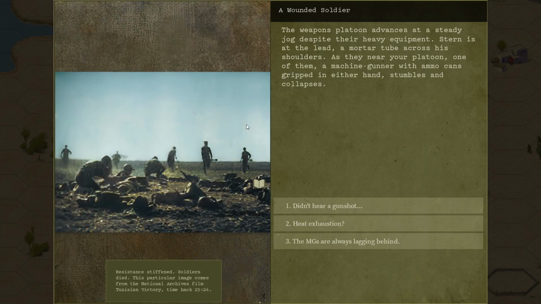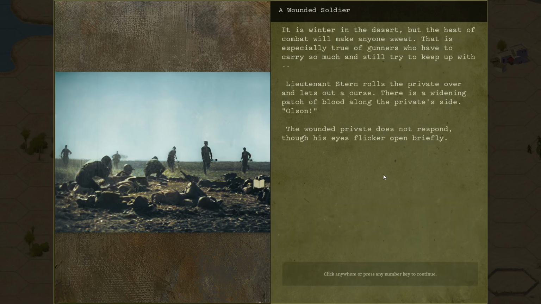A wounded soldier. The weapons platoon advances at a steady jog despite their heavy equipment. Stern is the lead, a mortar tube across his shoulders. As they near your platoon, one of them, a machine gunner with ammo cans gripped in either hand, stumbles and collapses. Didn't hear a gunshot. Heat exhaustion? MGs are always lagging behind. Heat exhaustion? It's winter in the desert, but the heat of combat will make anyone sweat. That's especially true of gunners who have to carry so much and still keep up with...